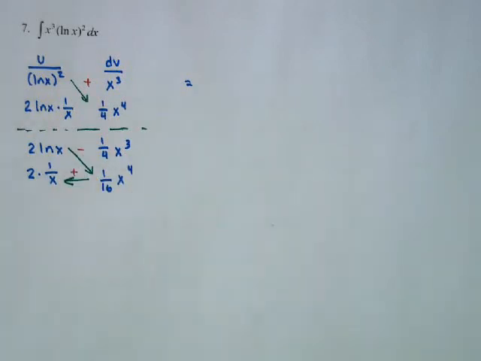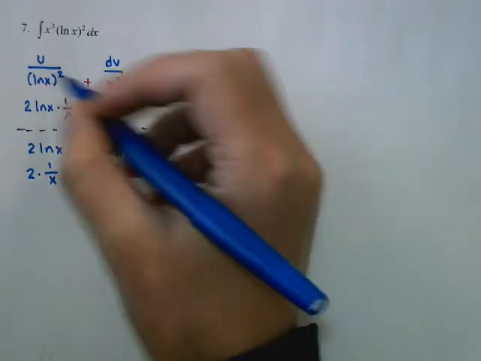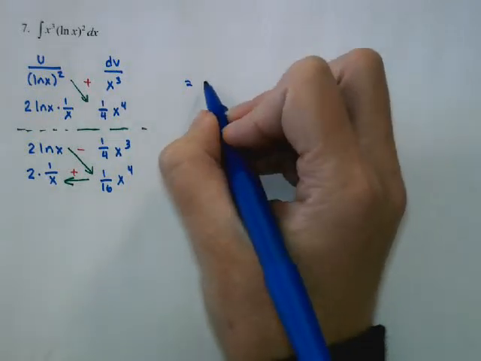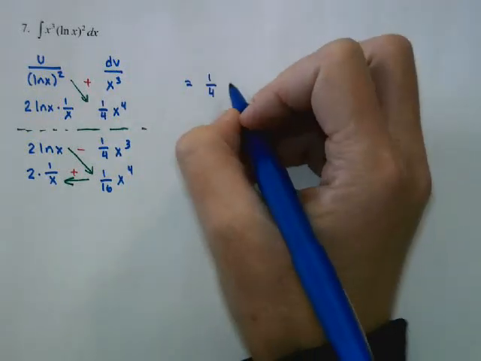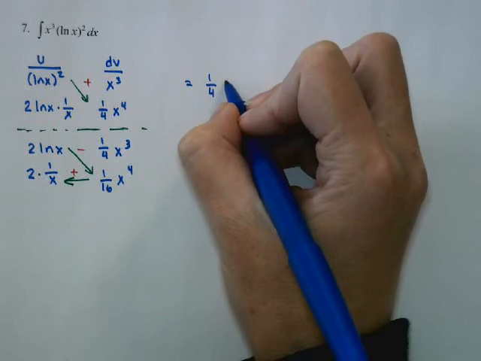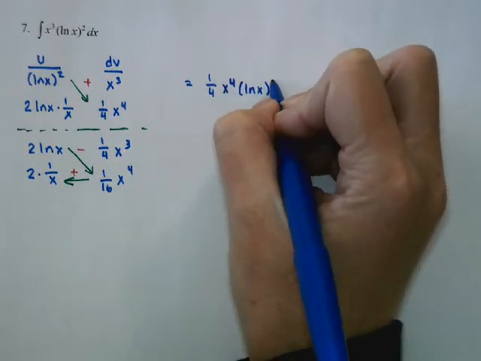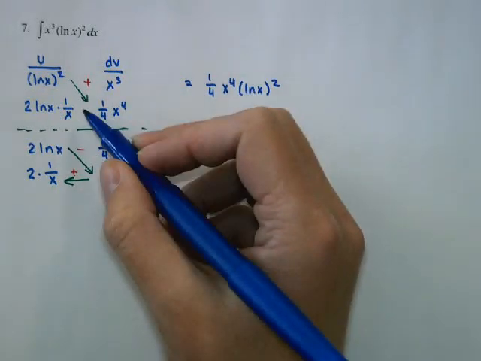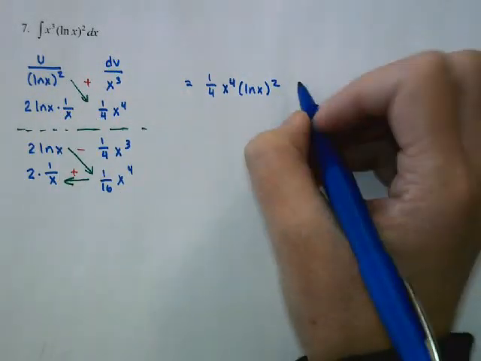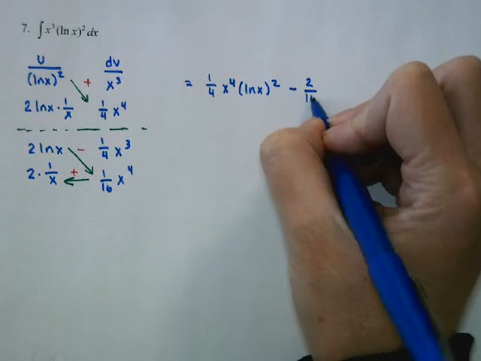So we're multiplying here. So this is going to be 1/4 times x to the 4th times the natural log of x squared. Skip over this one, we have this one. So we have a minus 2/16 natural log of x, x to the fourth,